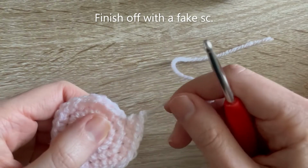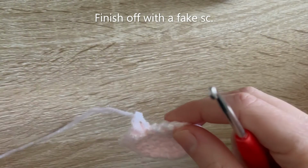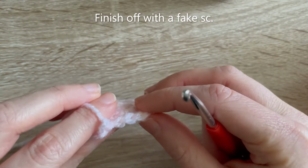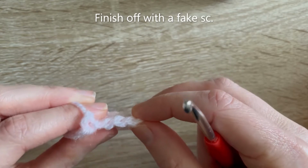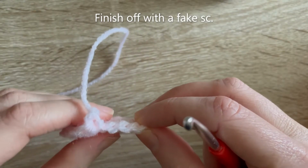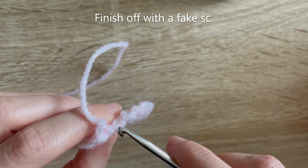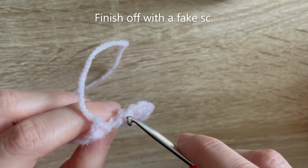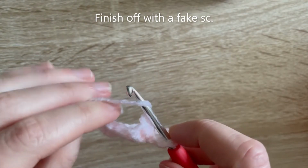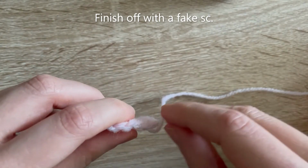So I'm just going to pull that through, and then what I'm going to do is what I call the fake single crochet, and I didn't come up with this myself. I found this on another YouTube tutorial, but I'm going to show you how to do it quickly here now. So all you do is with this tail, you put your hook through the next stitch, so you skip one stitch and then you go into the next one. So I'm going into this one, and then you pull the yarn through like that,